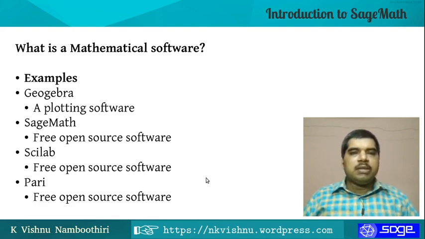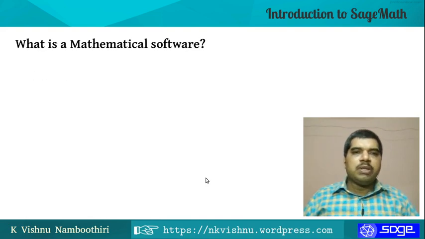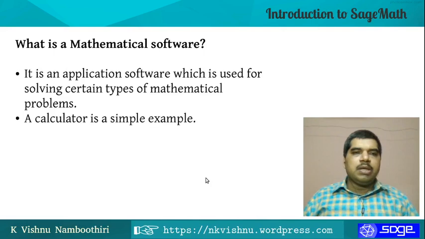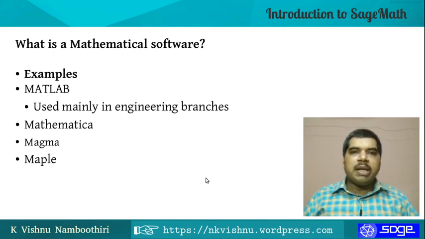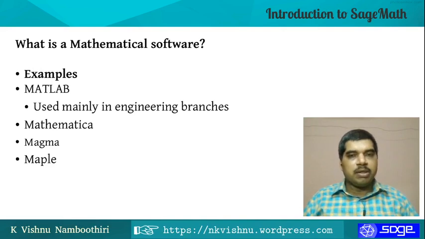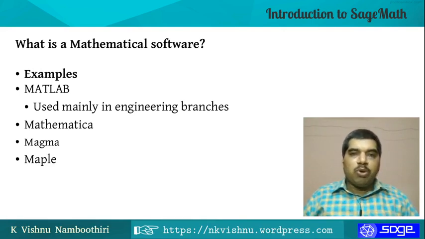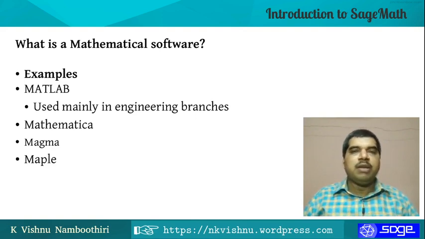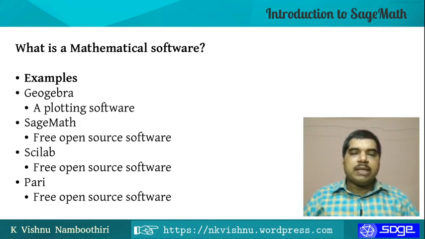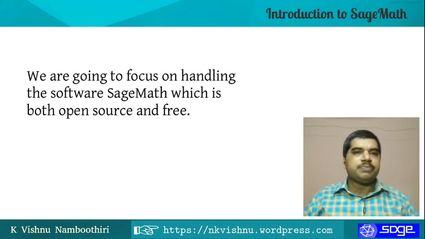Pari. The difference between the software that we saw on the previous page is that MATLAB, Mathematica, Magma, Maple are all commercial software, and you are supposed to purchase these, which is going to be almost impossible for students, especially because of the huge license fee that one may have to pay. But software like GeoGebra, SageMath, Xcas, Pari, etc. are all free as well as open source. So this is actually an advantage over the previously mentioned commercial ones. Of course, we are going to focus on SageMath software, and we are going to see how to handle